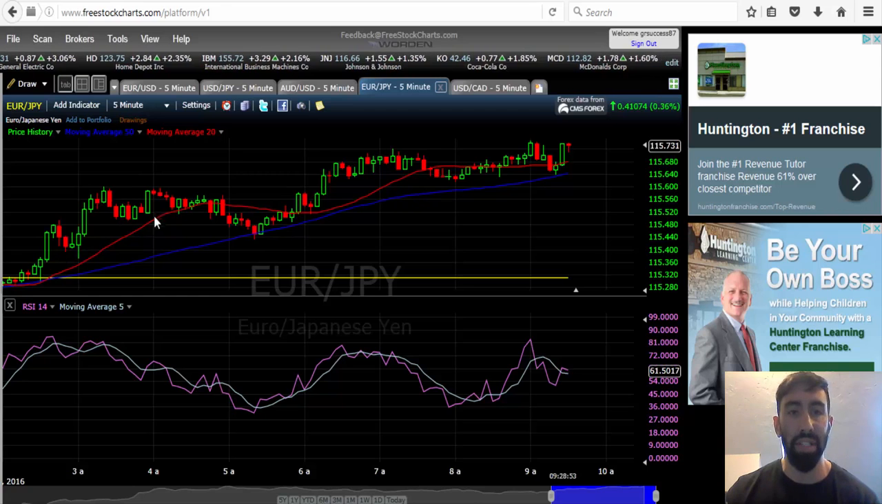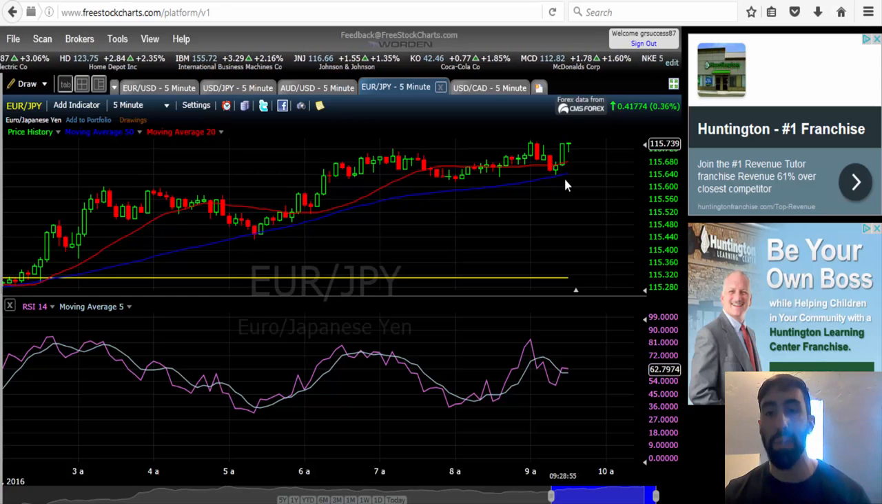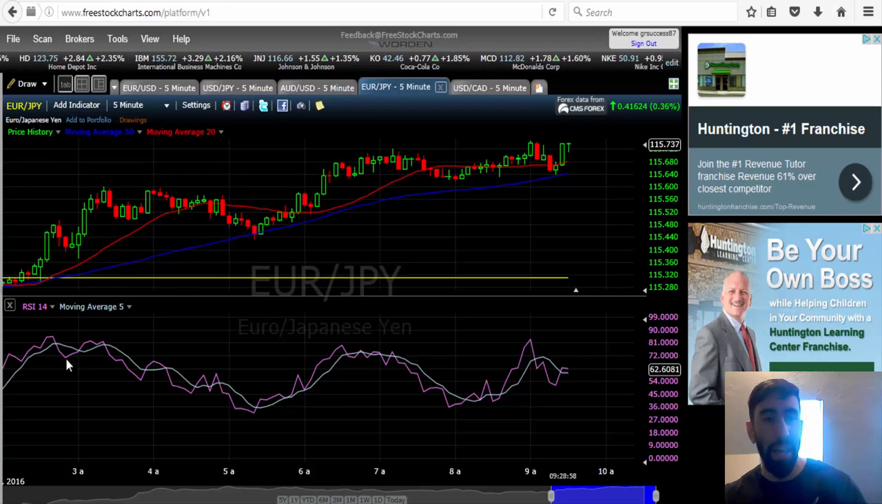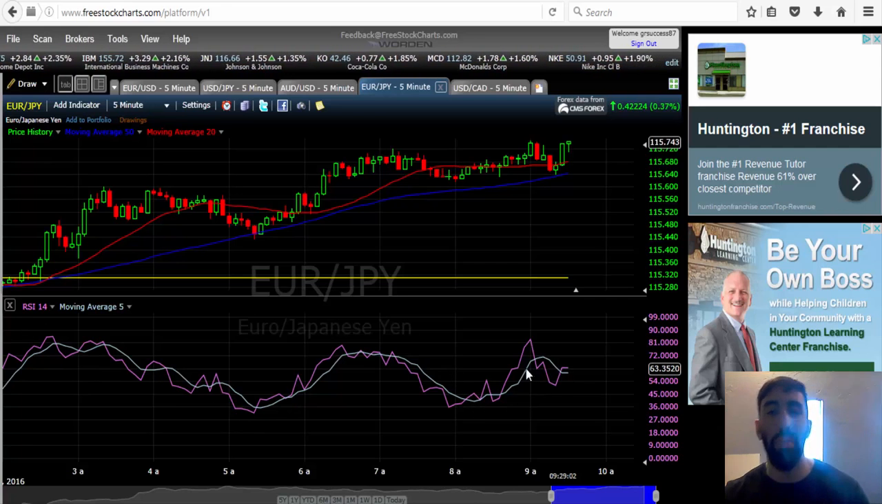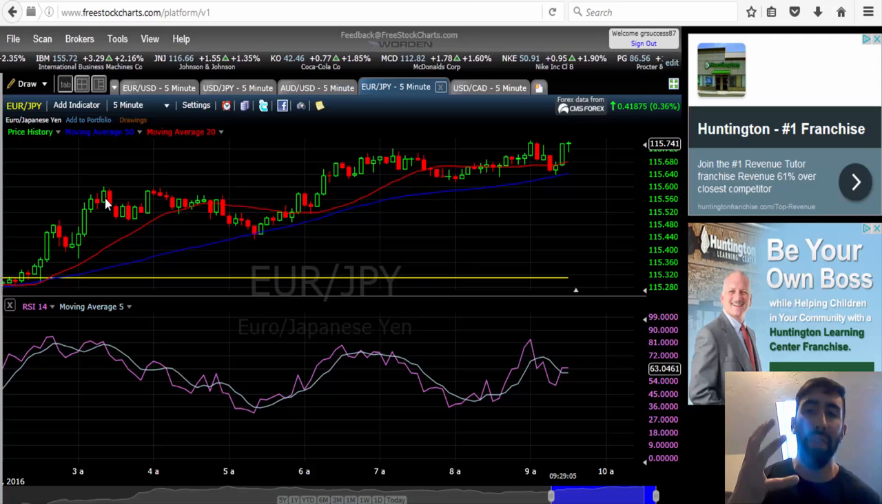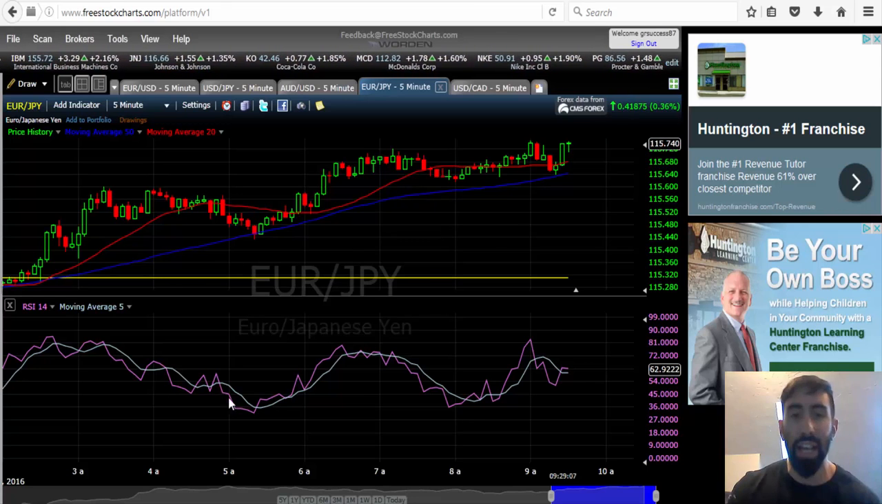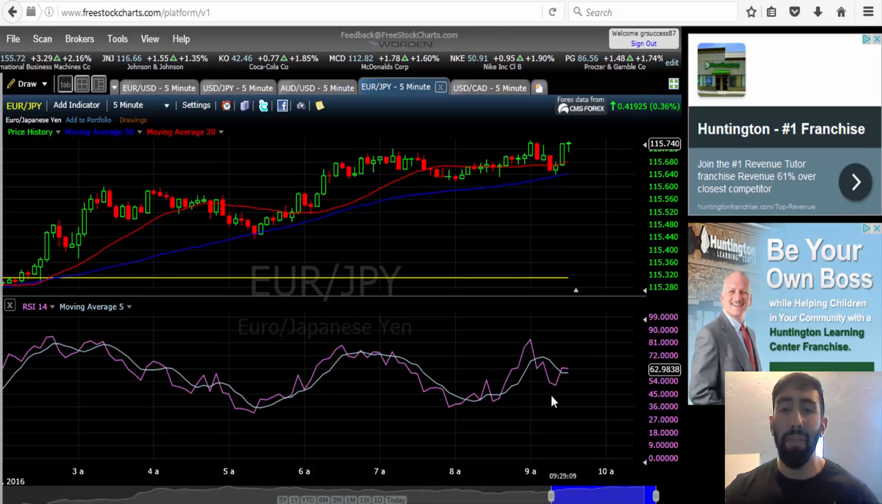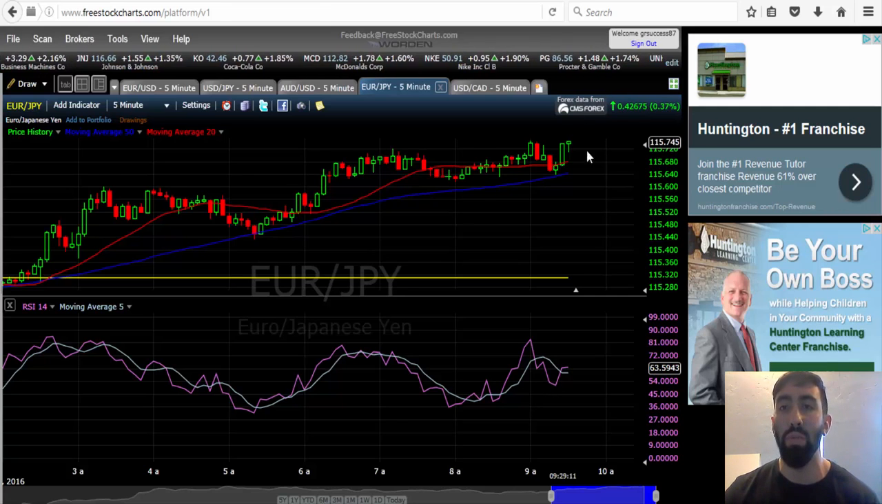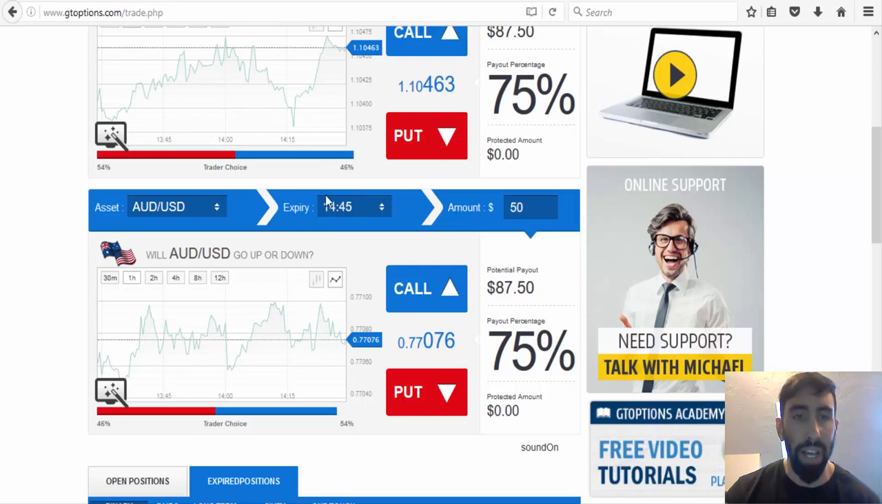And judging from the candlesticks, this is a nice steady uptrend. And from the RSI, it's a little bit wavy, but it is right now at a high point. So using the confirmation from the candlesticks with the uptrend and the high point of the RSI, I'm going to take this as a call trade as well. So for the Euro JPY,